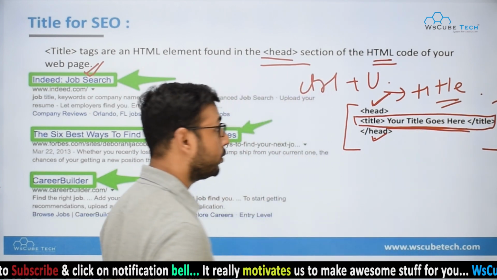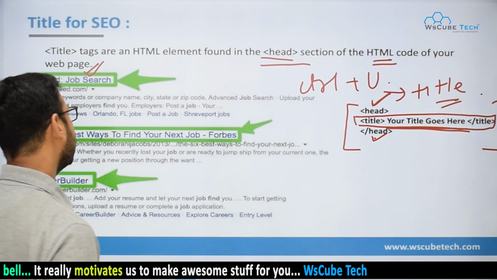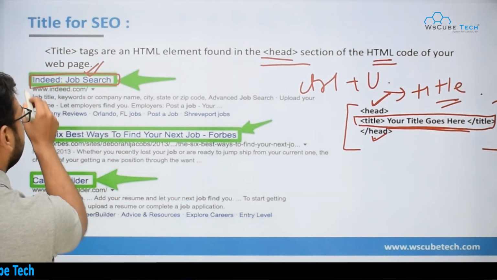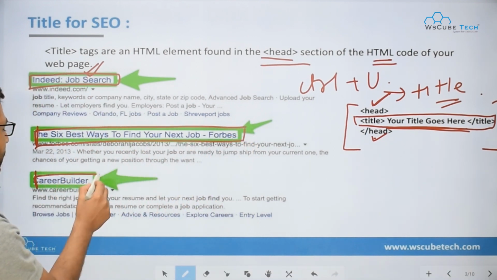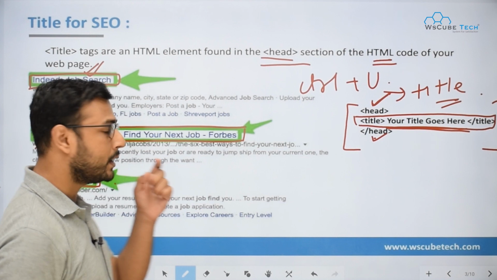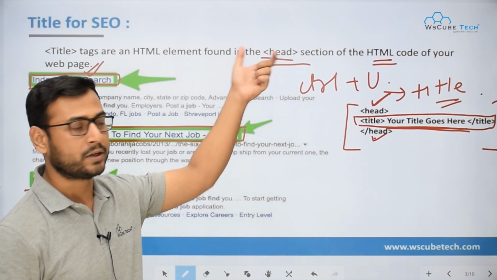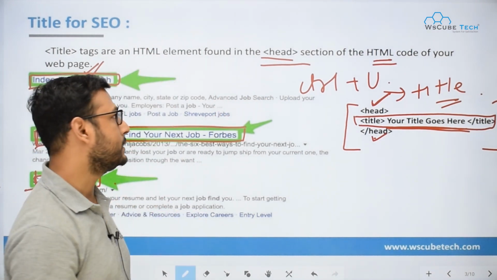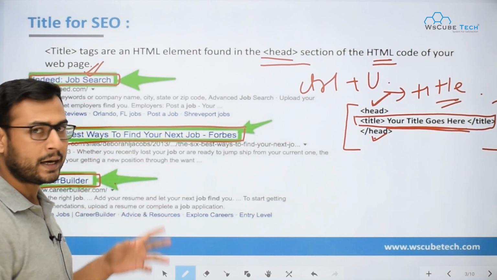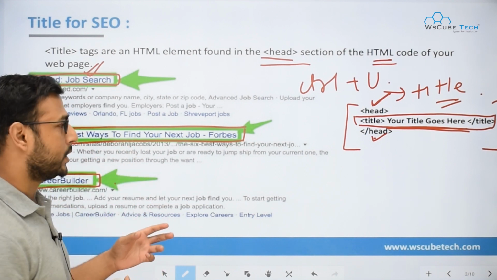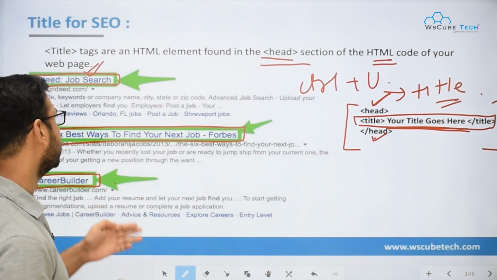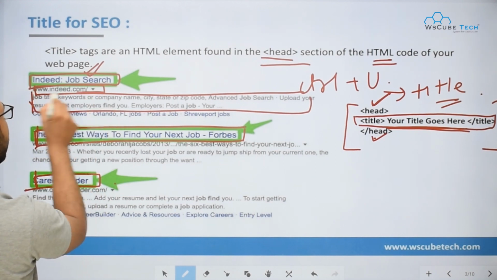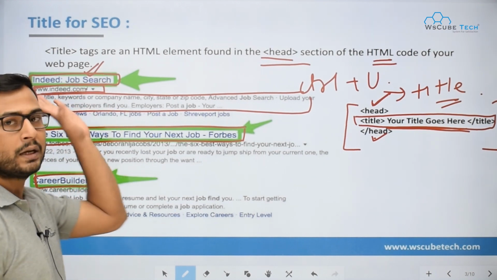Let me also tell you where you can see the title. Titles are seen on the search engine result pages, like this. You can see these green boxes; these are the title tags. Also, title tags are visible on the tab of your web page. Whenever you open your web page in any browser, just move your cursor to the tab and you can see your title there. So titles are generally seen at two locations. One is the search engine result pages, where you can see the title, and this one over here is the description. This is the web page which is ranking over here, and this one is the title.